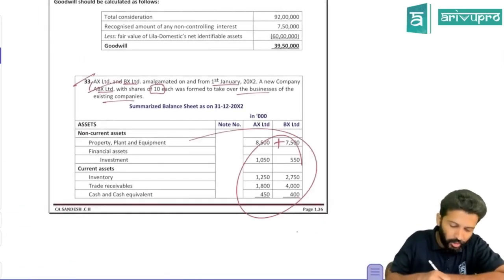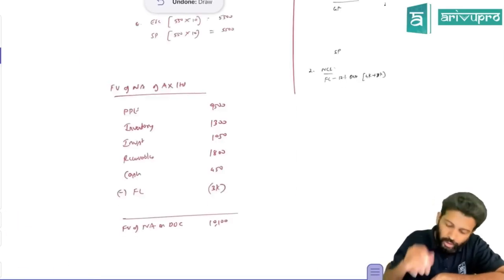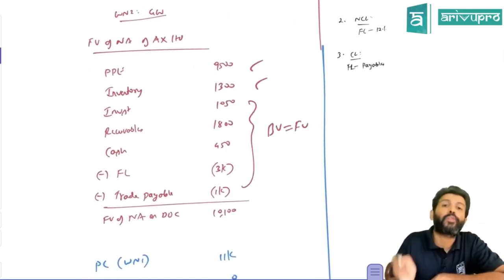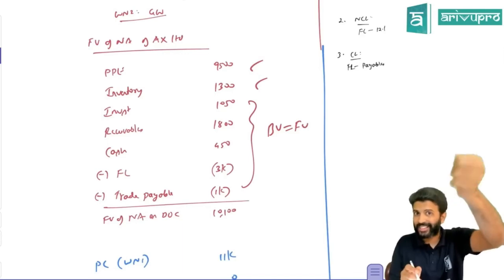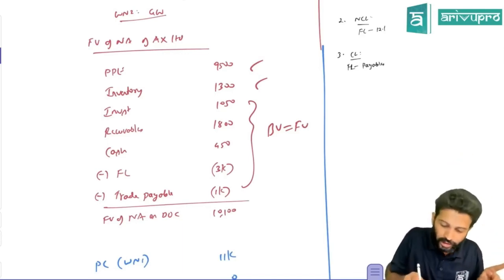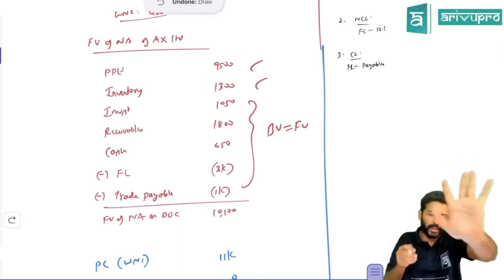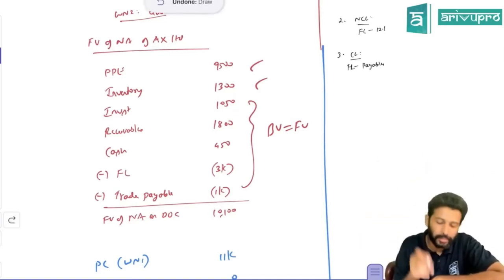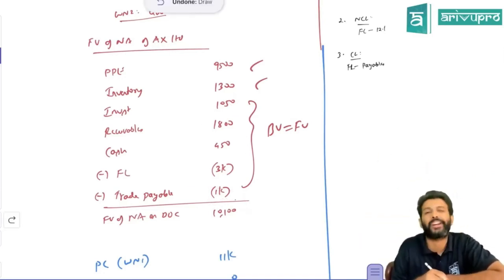Here they've given the balance sheet. You copy the rest of the assets' values as they are. These are all book values, and book value will be equal to fair value for all other assets and liabilities. Only take assets and liabilities; don't take other equity. Only these two assets had fair value adjustments. The rest of the assets and liabilities you copy from the balance sheet. So if you do assets minus liabilities, you get the fair value of net assets on the date of control.